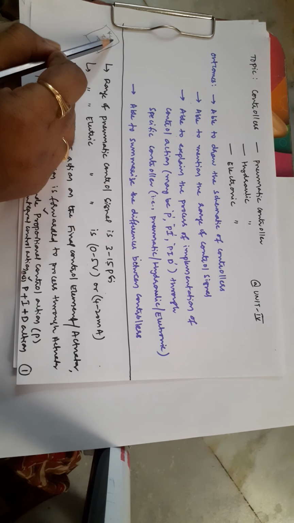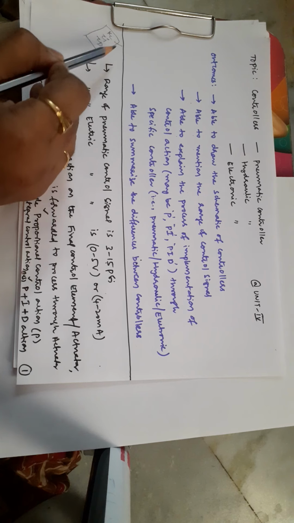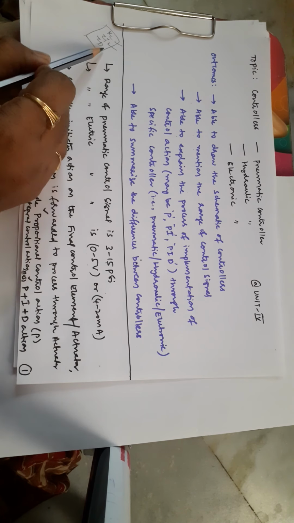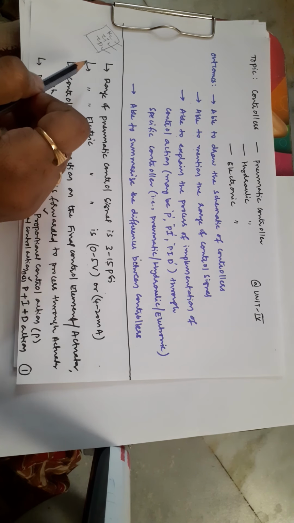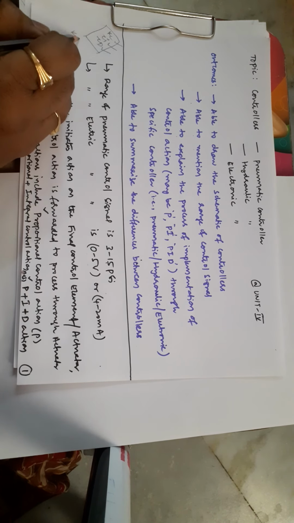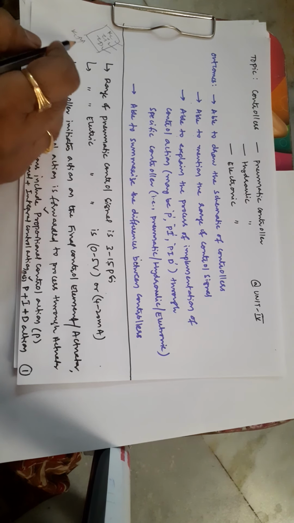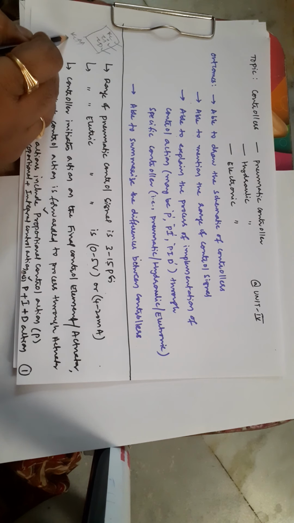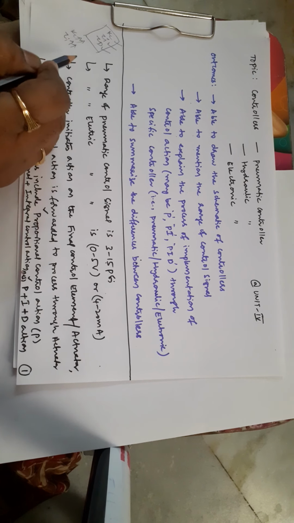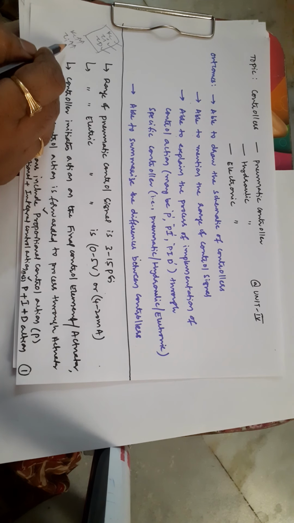Kc is referred to as controller gain, proportional controller gain, tau I is referred to as reset time, and tau D is referred to as derivative time. So initially I am initiating my control action. Usually I will keep Kc at a very high value, so that it accelerates the process as well as control action. Then we slowly increase the tau I value to some extent, such that my idea is only to eliminate the offset error. Till the offset error is completely eliminated, tau I will be in action.